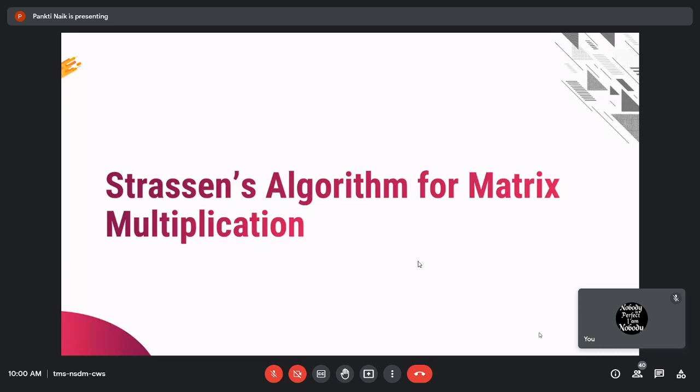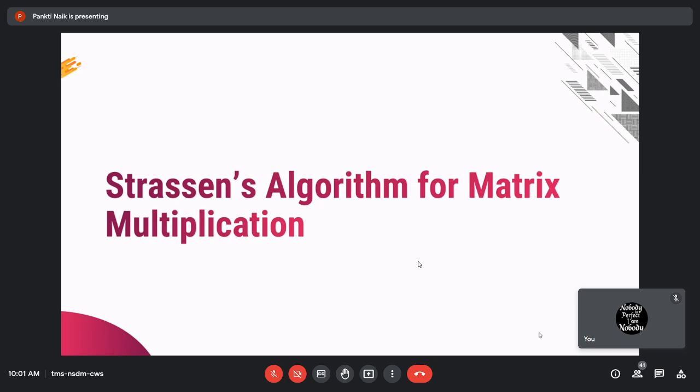First column, first row. First column, second row. Okay, so if I have a 2 cross 2 matrix, then the equation is C is equal to A cross B, right? So it means C11, C12, C21, C22 is equal to A11, A12, A21, A22 multiplied with B11, B12, B21, B22, right? And then multiplication gives us C11 is equal to the first row multiplied with the first column of your second matrix, right? That will become the answer for the first element in your answer matrix, right?